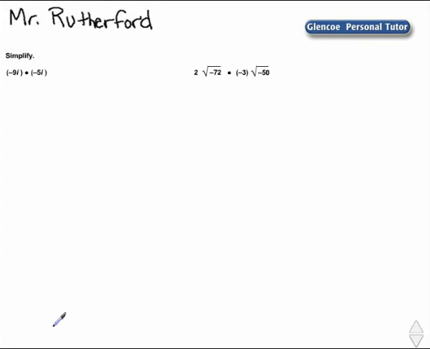In this problem, we will learn to find the products of pure imaginary numbers. Simplify. Negative 9i times negative 5i. One thing to keep in mind is that i, our imaginary number, is equal to the square root of negative 1. So now when we multiply negative 9i times negative 5i,